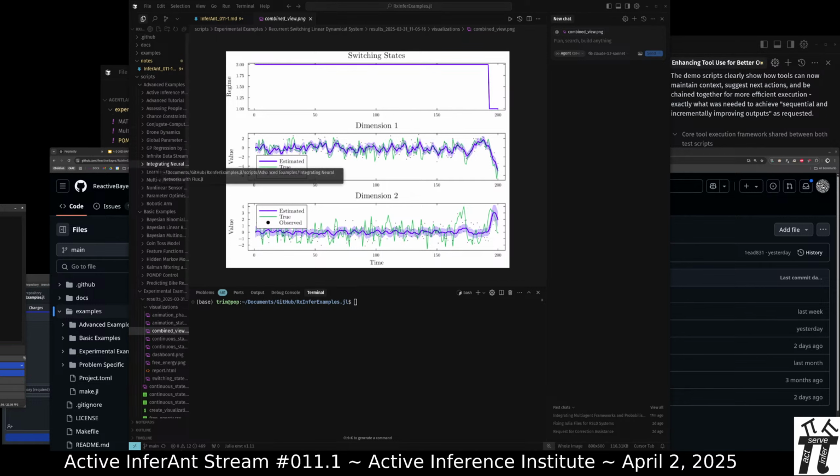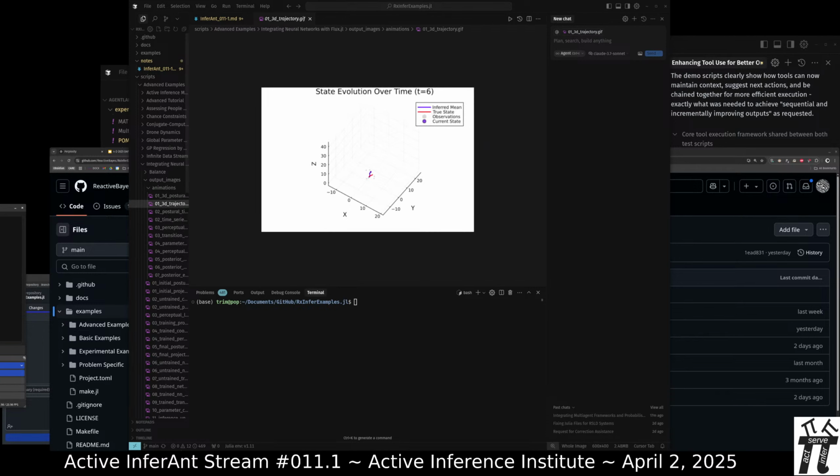And then the other example that has a lot to do with this first example is a three-dimensional in-time Lorenz attractor with noisy sampling coming from it.